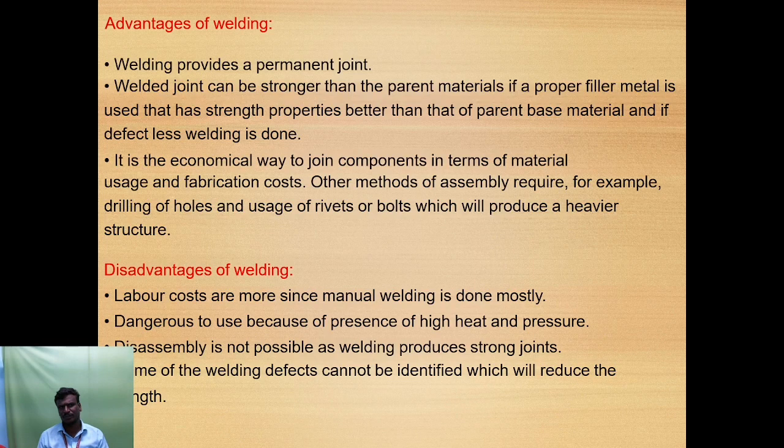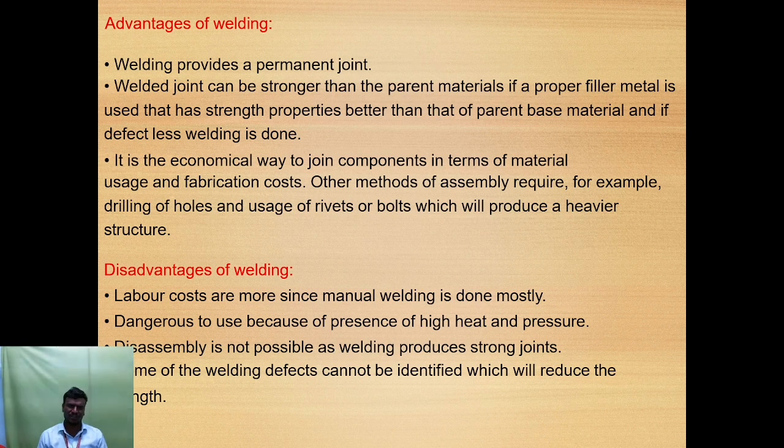Among the advantages of the welding process, welding provides a permanent joint, and a welded joint can be stronger than the parent material if a proper filler metal is used, one whose strength properties are better than those of the parent base material, and if defectless welding is done. It is an economical way to join components in terms of material usage and fabrication cost. Other methods of assembly require, for example, drilling of holes and usage of rivets or bolts, which will produce